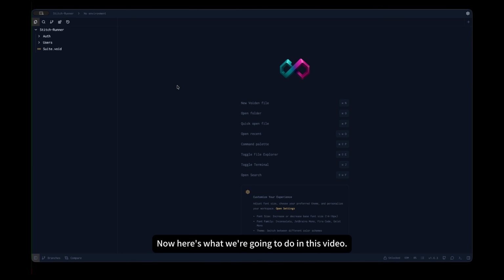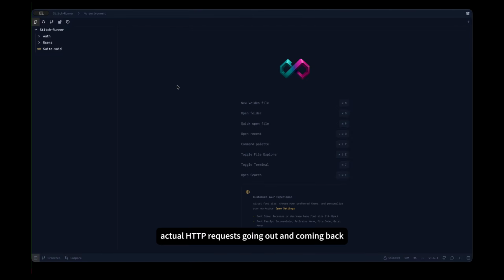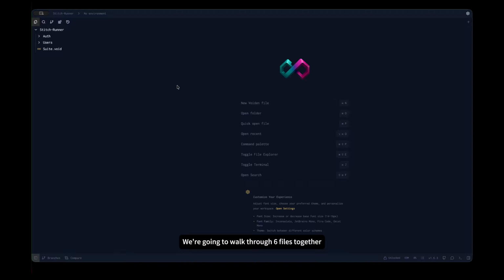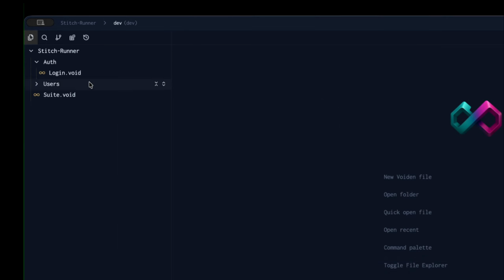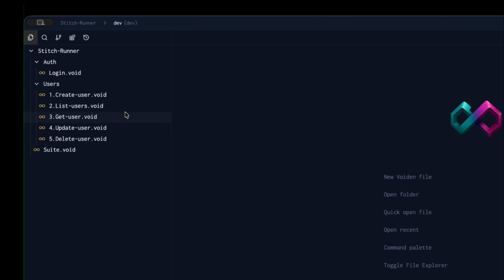Now here's what we're going to do in this video. I've already set up a full project that hits a real live API. No mocking, no fake data, actual HTTP requests going out and coming back. We're going to walk through 6 files together: a login, create user, list users, get user, update user, and finally,